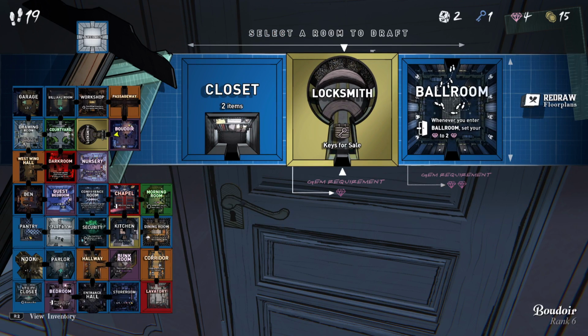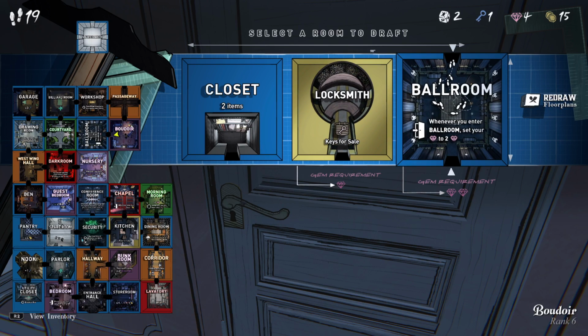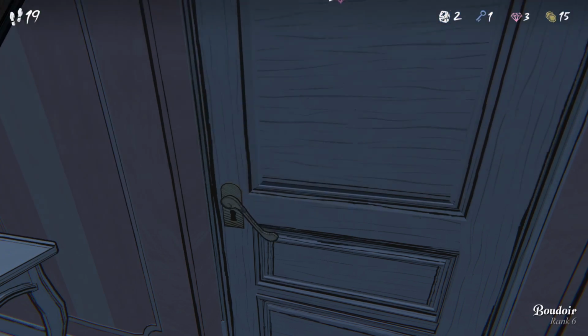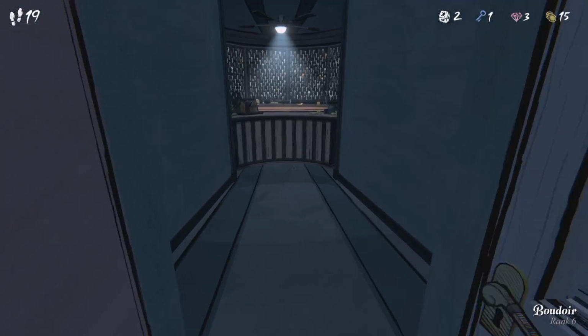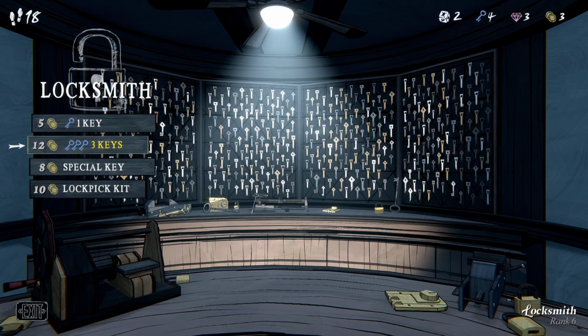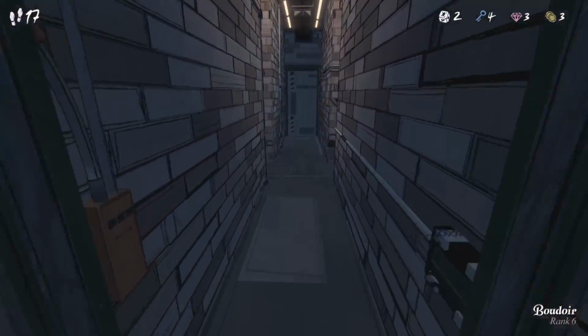The locksmith is not bad. We are running low on keys. The ballroom would be pretty good, but we basically have infinite gems, but we need more footsteps either way, so let's just take the locksmith. Let's buy 3 keys. The lockpick kit will be great, but I think I just need more keys for now. Sadly, the lockpick kit is not guaranteed, so